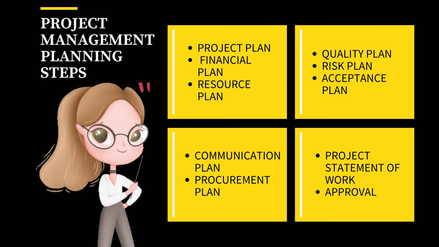Next, create a communication plan. List your stakeholders and plan the communication cadence. Moving on, now we have to create a procurement plan. Find any third-party suppliers required and agree terms. All of this should come together into a project statement of work. Create a statement of work scope document which outlines the parameters of the project. And this is for approval. Get approval of your statement of work to proceed. Once you've planned, you've laid the groundwork for the rest of the project management phase.